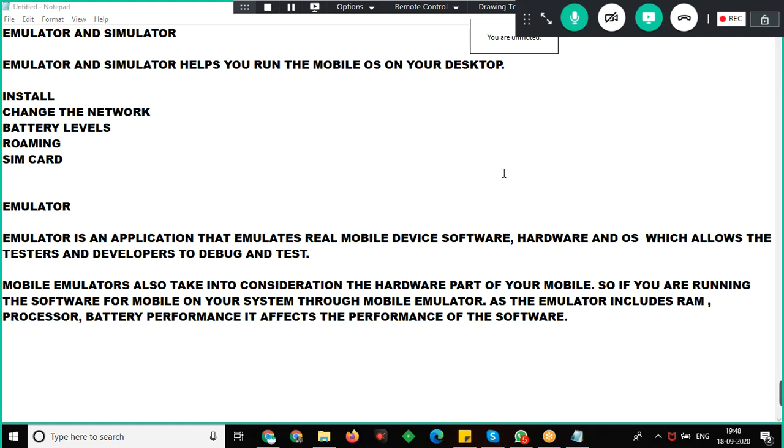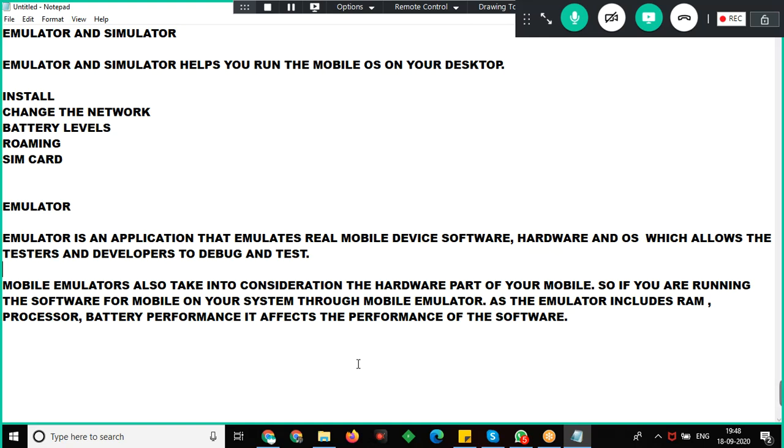Very sorry guys. So what this emulator does is it completely emulates the mobile device, and it also emulates the hardware of the particular device.